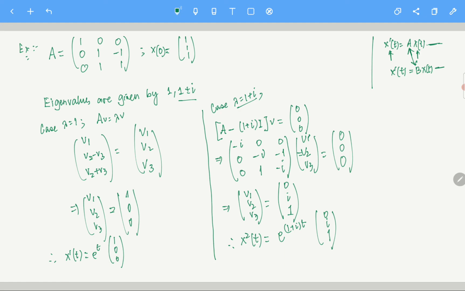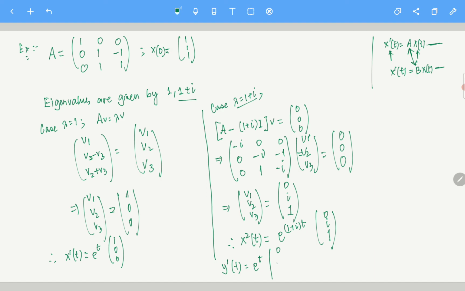So you see, you do not have to do lambda equals 1 minus i, because if you do it, you will get this sort of solution only with some other constants. Essentially you get two solutions from here. One is, let's say, y1 of t. It is e^t, and then you have